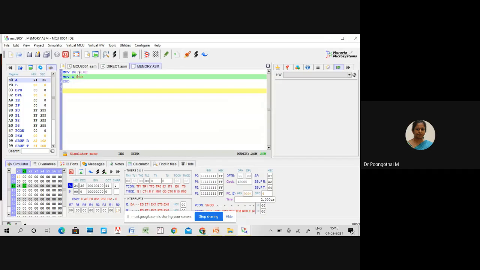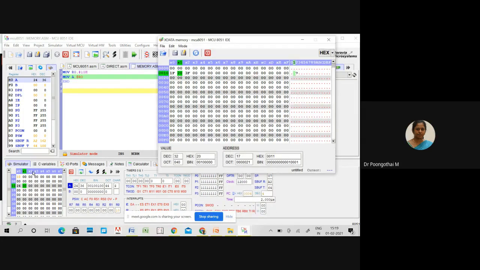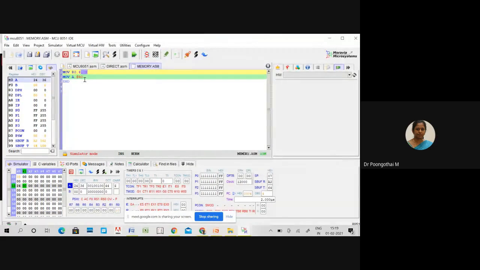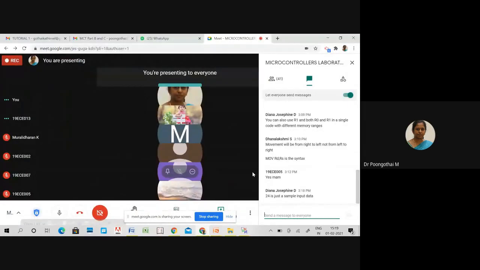So I have to give an input at 10, and that input is transferred to the accumulator. Is that clear now? Just like you give inputs in the external memory, whatever address you specify in the instruction, you have to include some inputs in the corresponding memory location. This is just a sample input. Any value you can give based on your requirement.